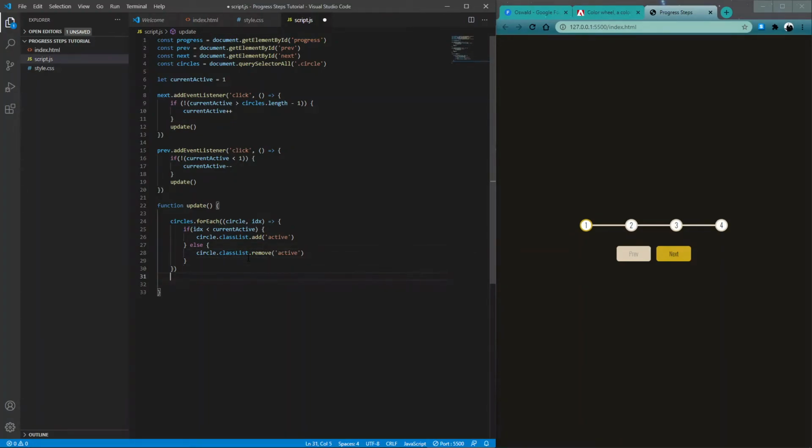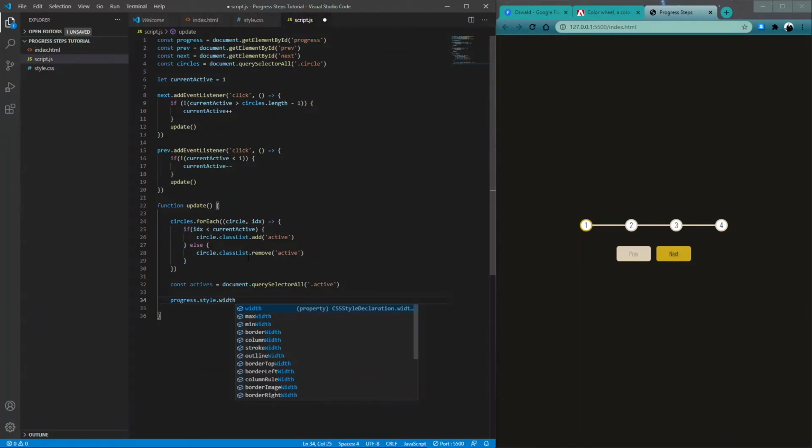Nice and tidy. Now, after that, we need to define a constant that we're going to call actives, and it's going to be an array of all the actives. Since it's going to be an array, we're going to use querySelectorAll, and this is going to be anything with the class of active. And now that we have an array of all of our active elements, we can start to mess with our progress meter. So it's going to be progress.style, and we're changing the width